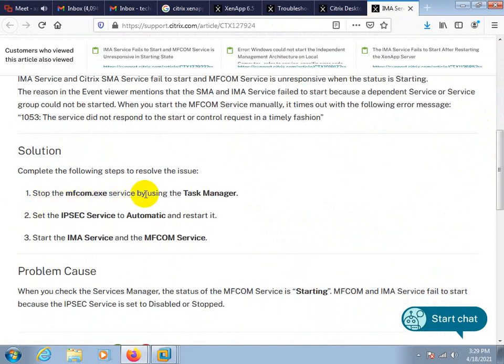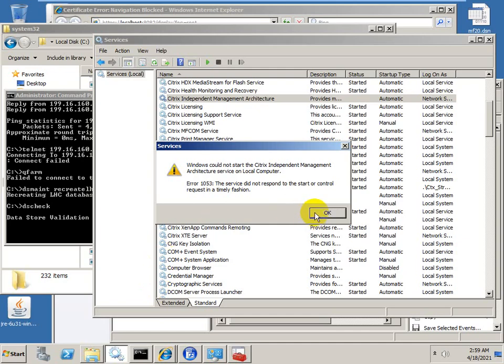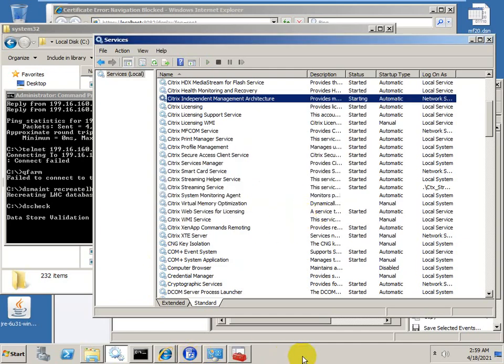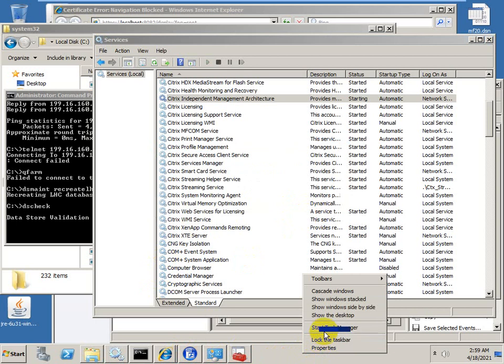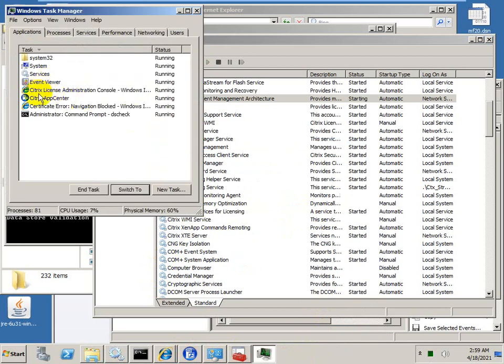Stop the MFCOM service by using Task Manager. Set the IPsec services to automatic. Start the IMA service and the MFCOM service. Where is the IPsec service? It is in services.msc. Okay, first going to the Task Manager.